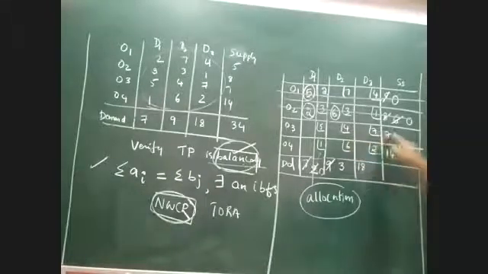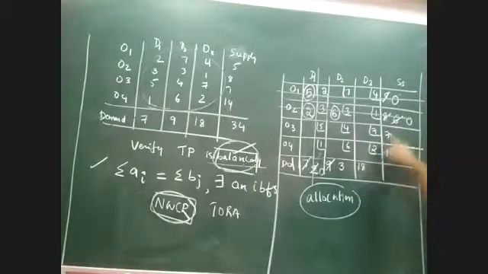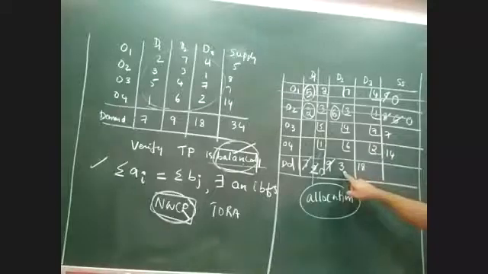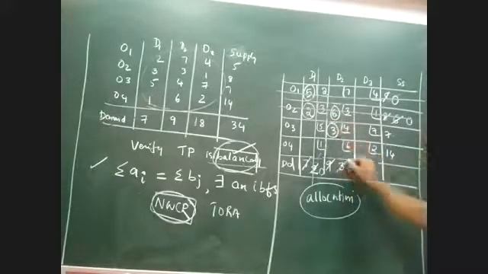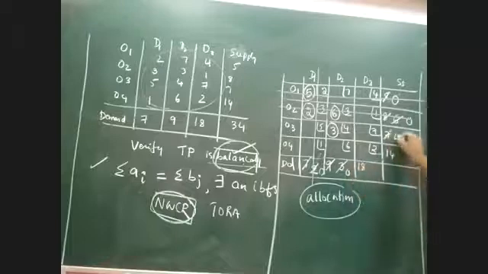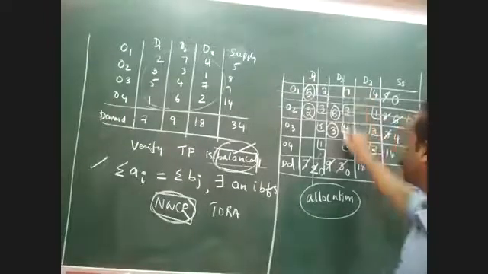Again, compare demand and supply. So 7 is supply and 3 is demand. Which is the minimum value between these two? 3. 3 is the minimum value. Very good. If I'm putting 3 here, this becomes 0 and this becomes 4. Which particular row or column should be cancelled or struck now? D2. D2 has to be struck. Very good.